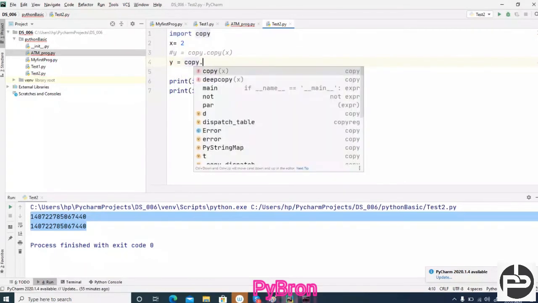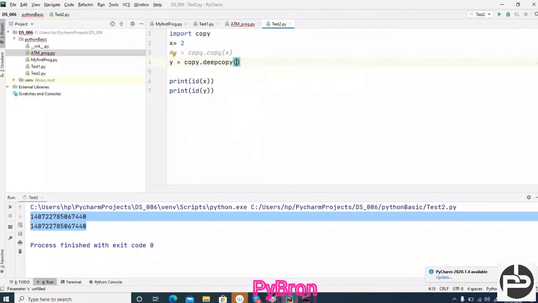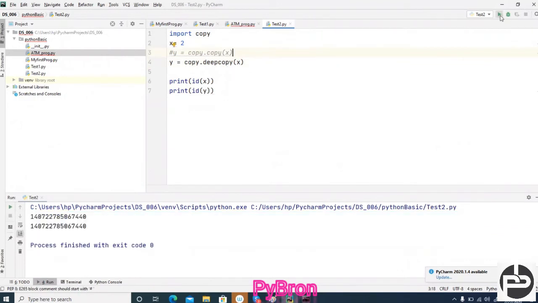If you are calling deepcopy and passing x, let's see what address we get. Still we are getting the same address. What is this? Maybe it is the Python version, I guess. We have to update, yes, that is the issue.